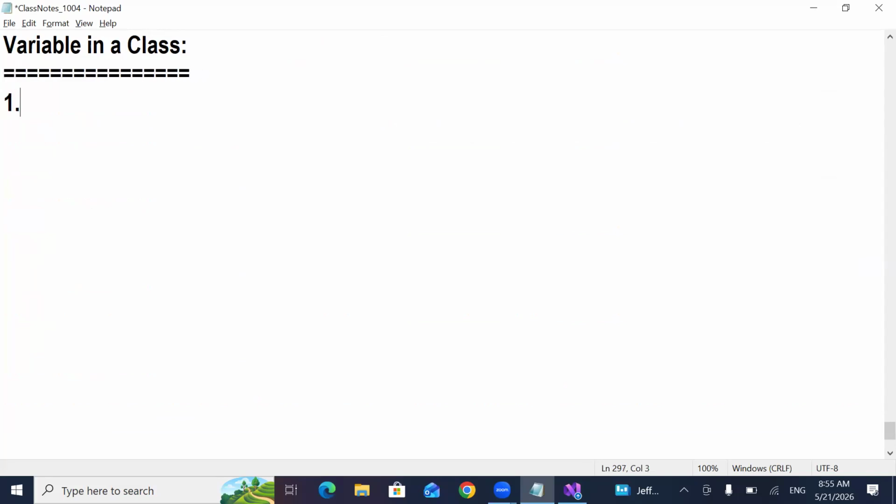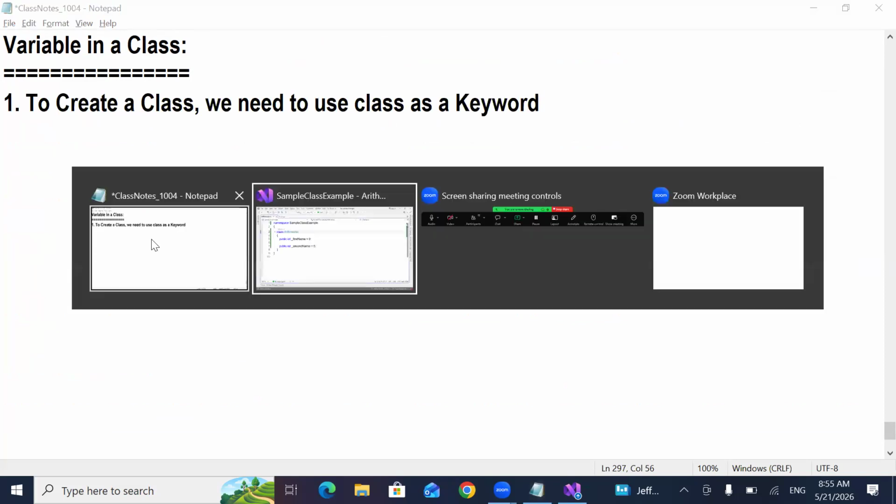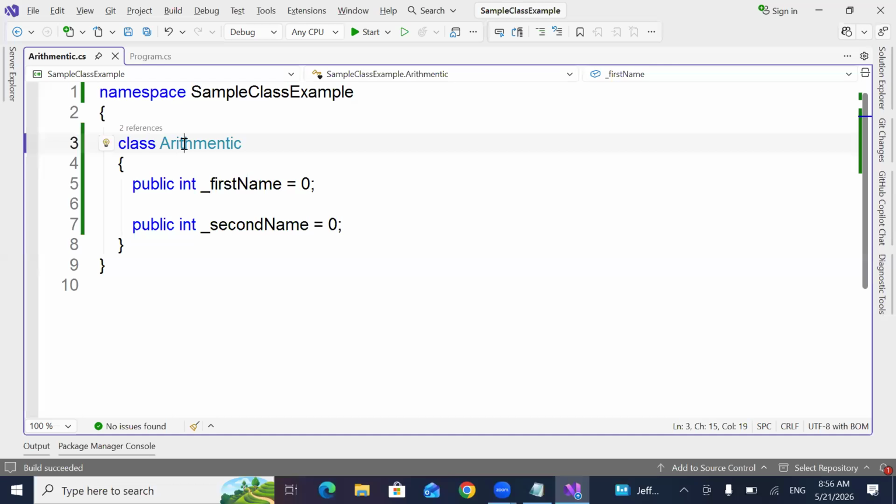Can anyone tell me? To create a class, we need to use class as a keyword. Am I right or wrong? Say yes or no. Without the class keyword, can I call this Arithmetic a class?